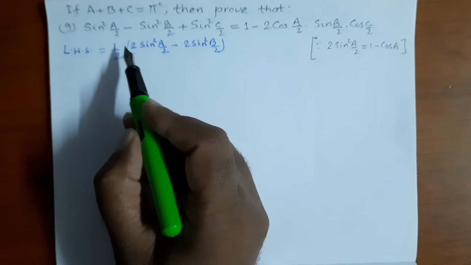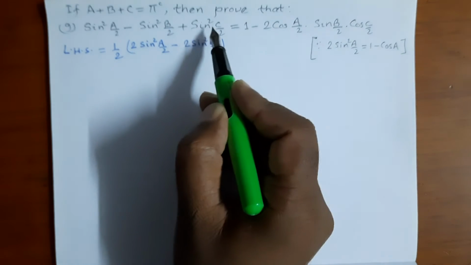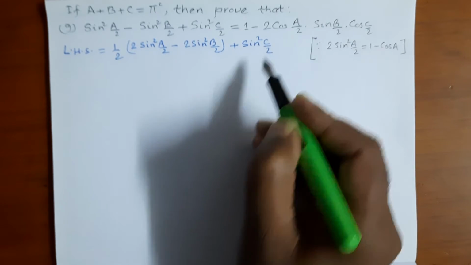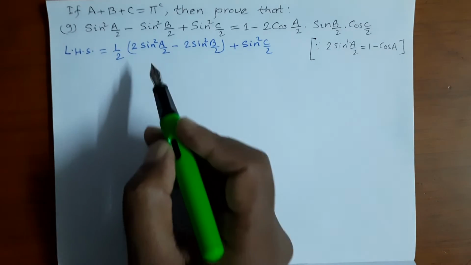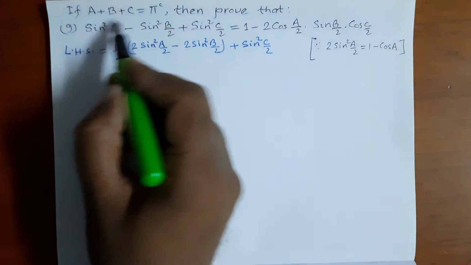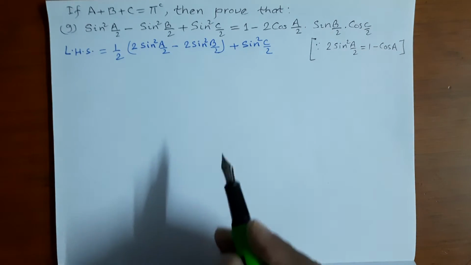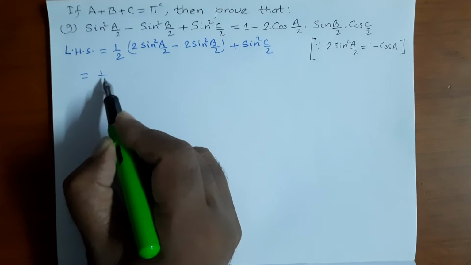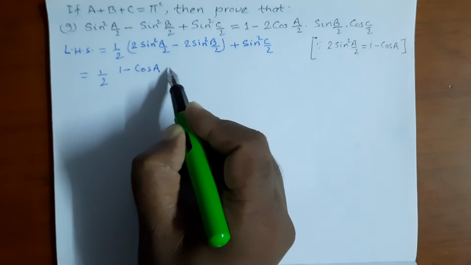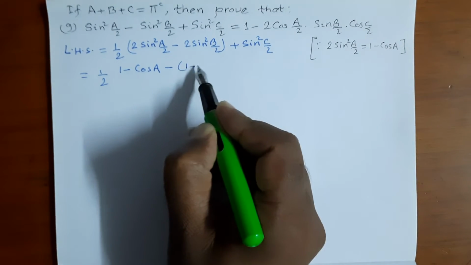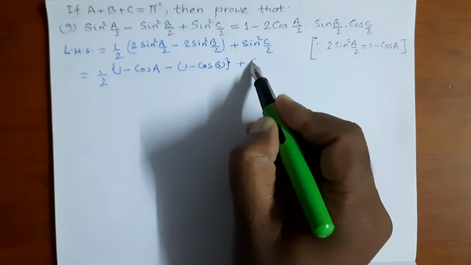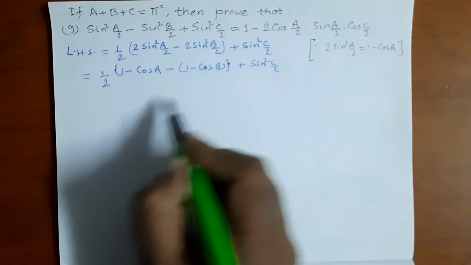We multiplied by 2 in numerator and denominator to this, and we write this separately. We can write it this way, okay? Because this 2 cancels, this 2 and 2 will also be cancelled, so we again get the same expression. So instead of this, we can write such an expression. This equals 1 over 2 times, the formula is 1 minus cos A, minus here, 1 minus cos B using the same type of formula, plus at last we have sin square C over 2.